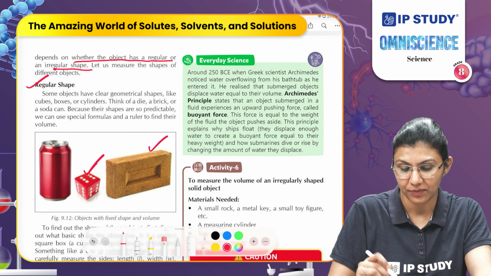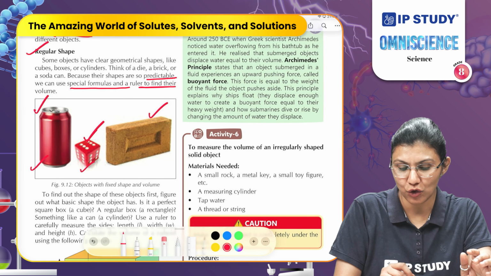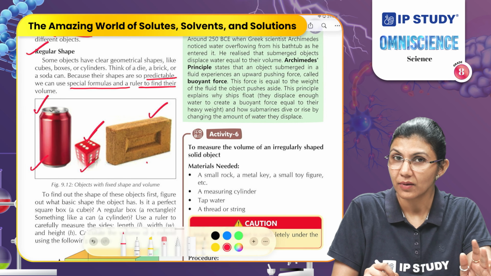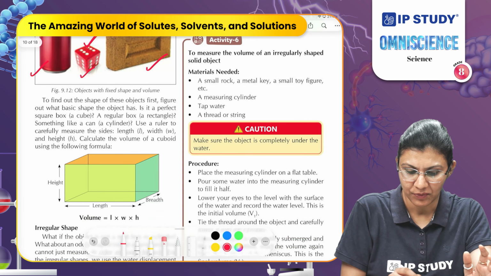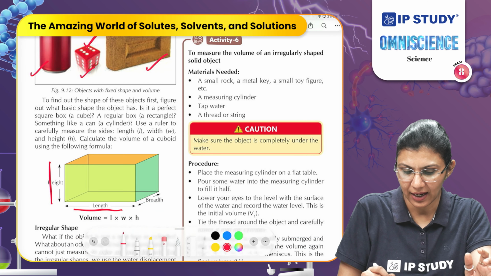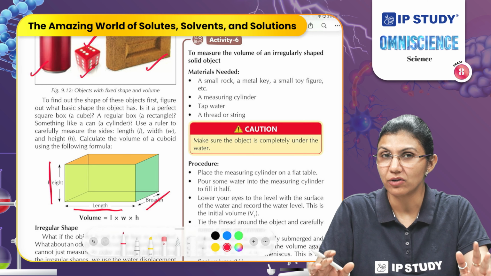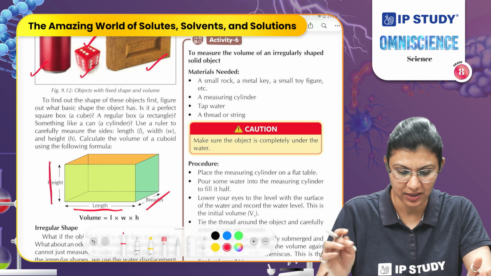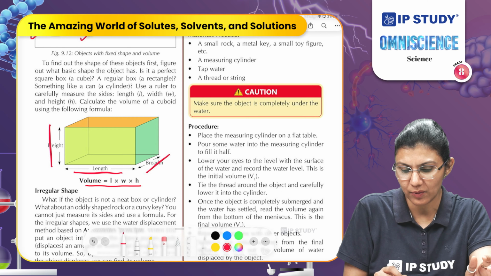And in maths, you have studied different formulas. You have understood how to measure the volume of different shapes like the cylinder, a cube and a cuboid. To find out the volume of these objects, we need 3 dimensions. What are these? The height, the length and the width. We need these 3 parameters to find out the volume of these substances. So, to find that out, we need the formula: volume equals length times width times height.